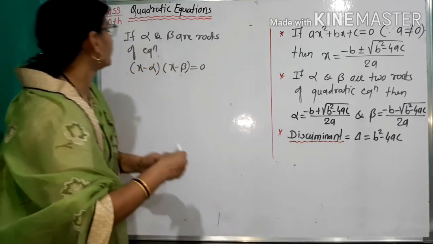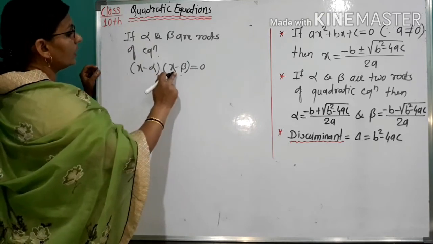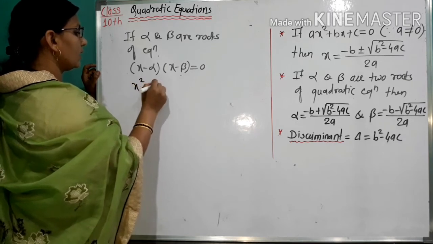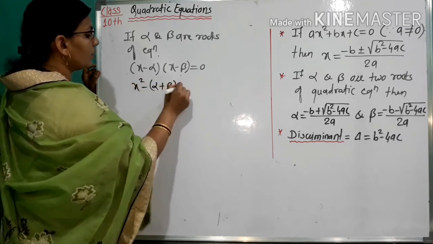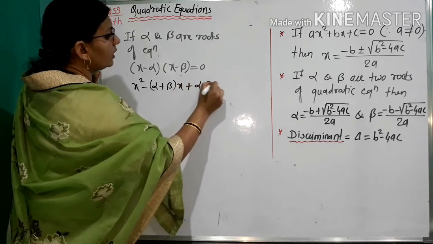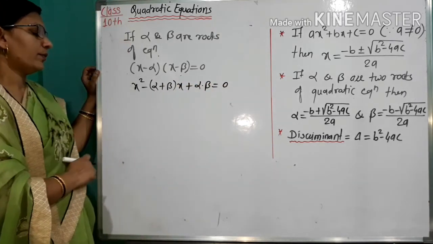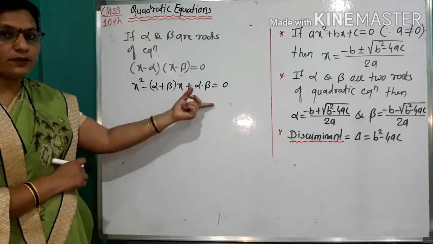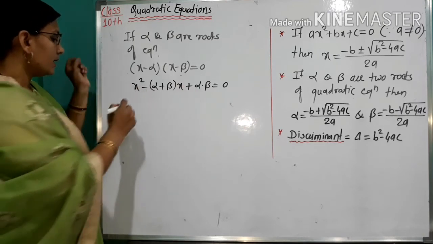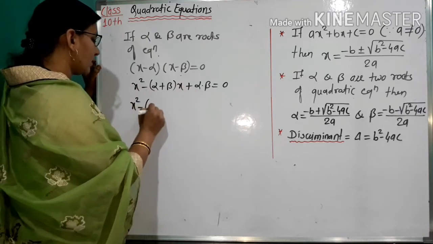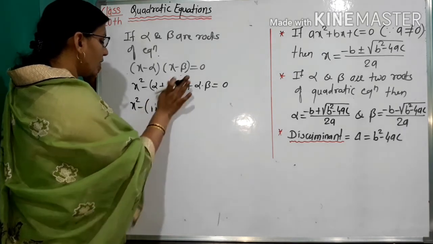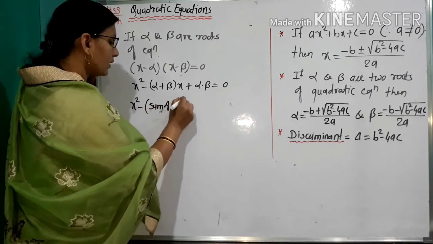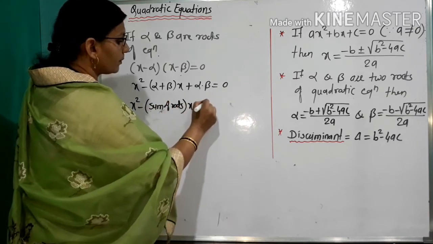If we solve this, x into x, that is x square minus alpha plus beta into x plus alpha into beta equal to 0. If two roots are given, then quadratic equation is in that form, that is x square minus sum of roots into x plus product of roots